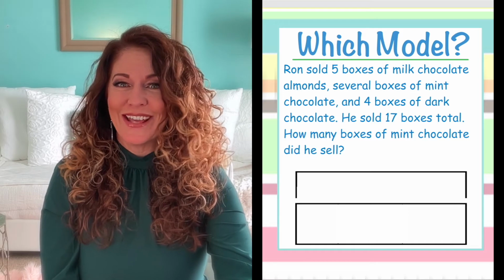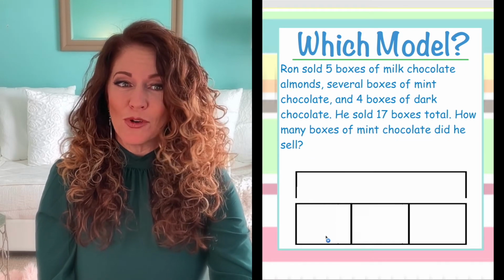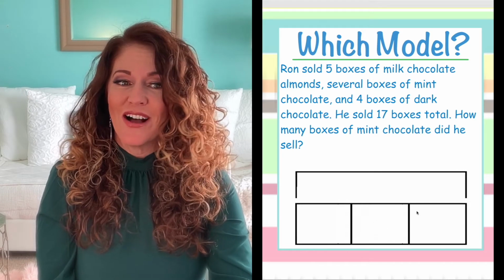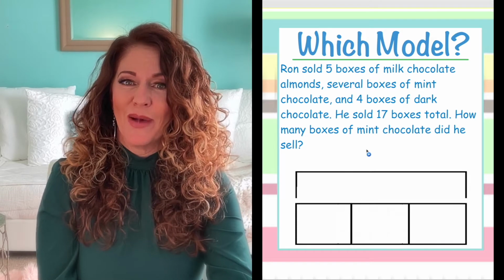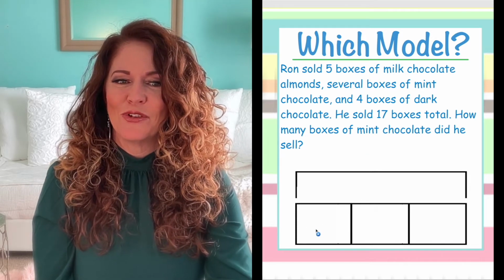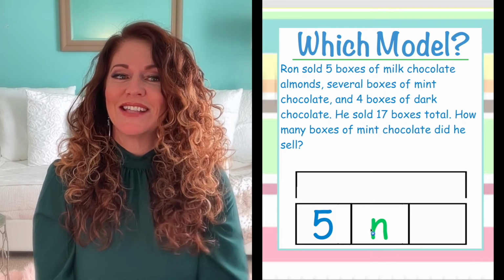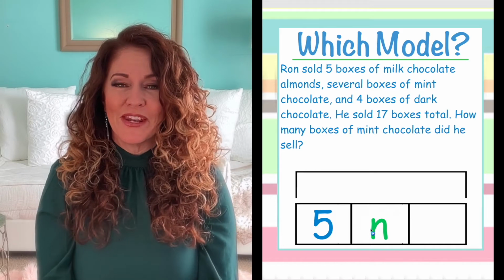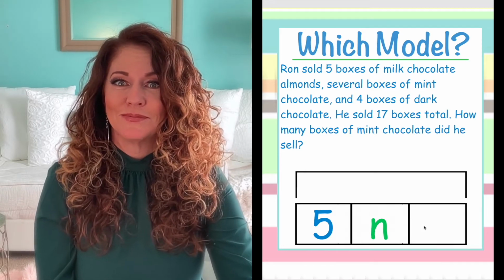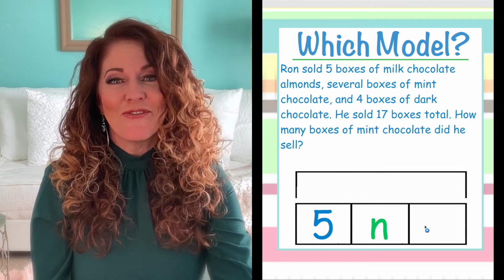Okay, so take a look and see how you did. We had 3 boxes. We have our milk chocolate, we have our mint chocolate, and then we have our dark chocolate for a total of 17 boxes. So let's see if this is how you filled your model in. We had 5 milk chocolate, several mint chocolate. Remember, if we say several, we don't know what that number is, but we know it's a number. So that's our unknown. And then we have 4 boxes of dark chocolate for a total of